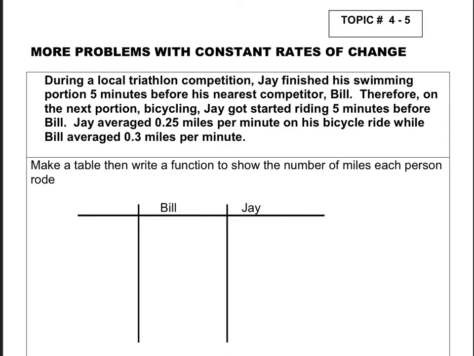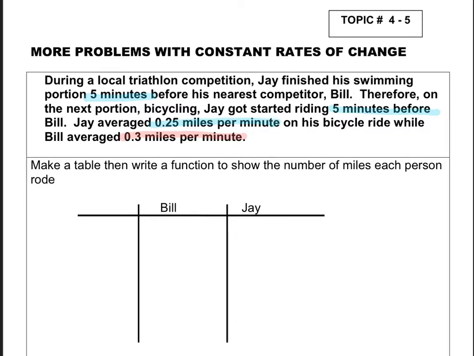So our first example says, during a local triathlon competition, Jay finished his swimming portion 5 minutes before his nearest competitor, Bill. Therefore, on the next portion, bicycling, Jay got to start riding 5 minutes before Bill. Jay averaged 0.25 miles per minute on his bicycle, while Bill averaged 0.3 miles per minute. So then it says to make a table and write a function to show the number of miles each person